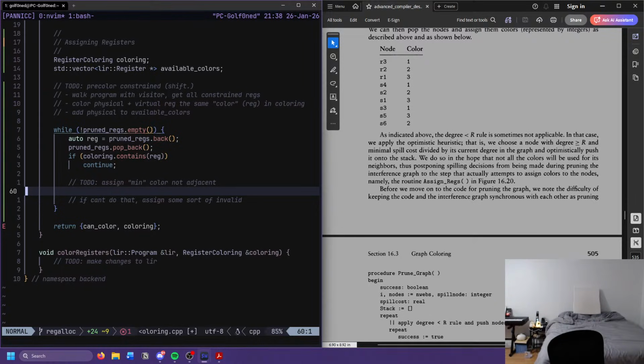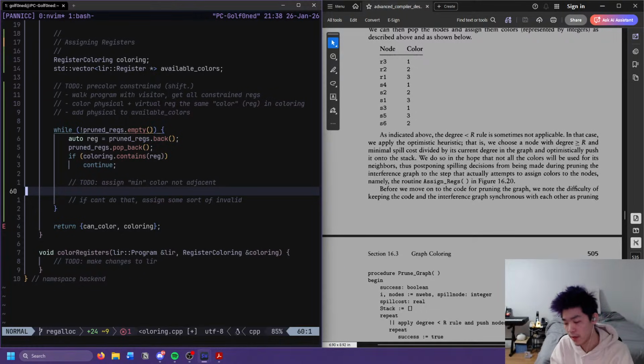What is happening here? Okay, so if it's a physical register and it is not in available colors, then I think we just check if it's a physical register. If it is, then we just add it on and color it manually, just to avoid doing a billion dynamic casts.